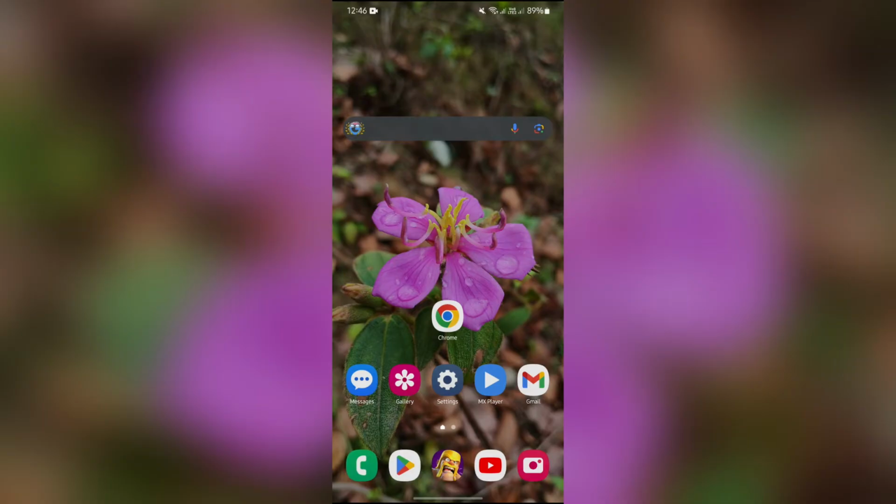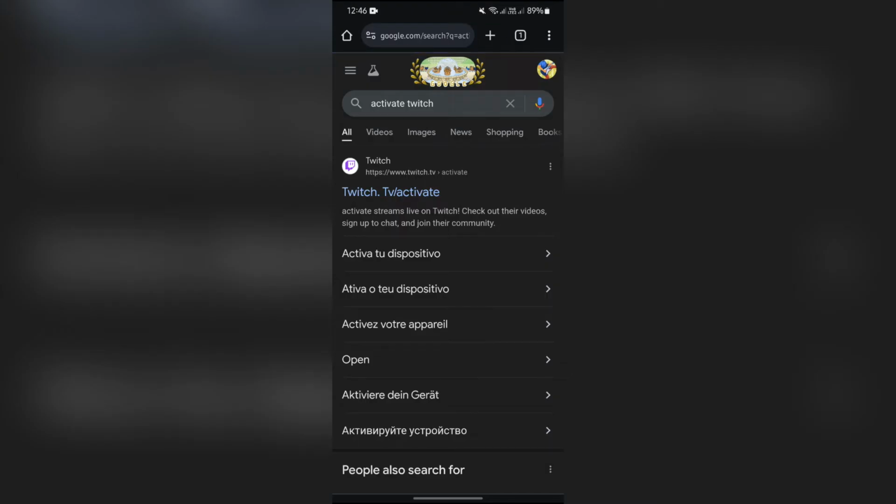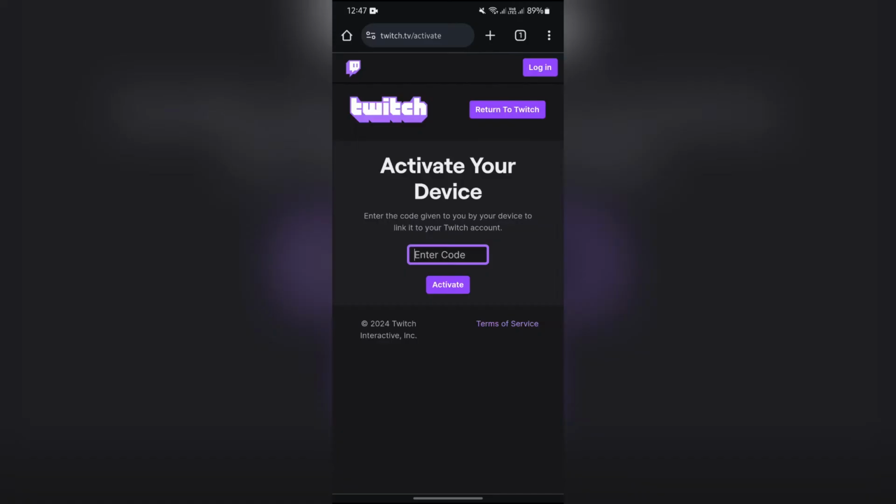Now, in order to activate Twitch, you simply have to open any browser on the device where you want to activate your Twitch. Then after opening the browser, just search for activate Twitch, and then the twitch.tv/activate link will appear. Just tap on that link, and then you have to enter the code